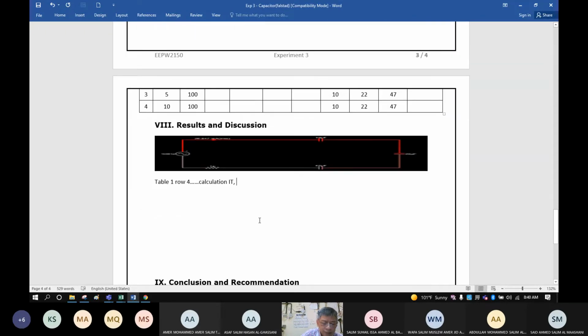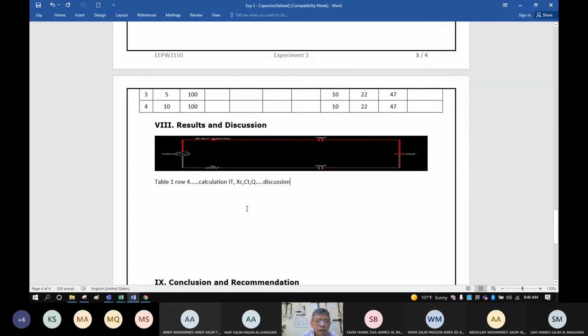IT, XC, the total, and then the Q. And then aside from this, if you have any other information, that is your discussion. So some of you still no discussion, no calculation. Okay, it's clear.